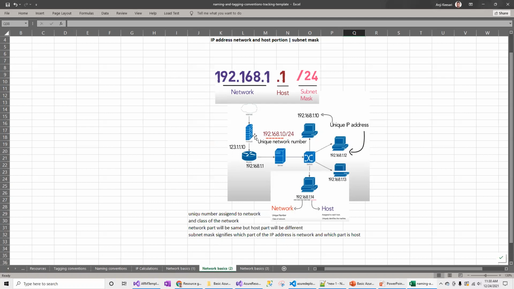The subnet mask signifies which part of the IP address is the network ID and which part is the host ID. So when it comes to /24, the 24 bits, as I mentioned, this is a 32-bit IP address.